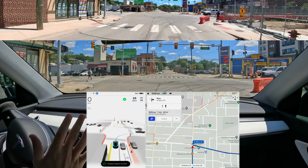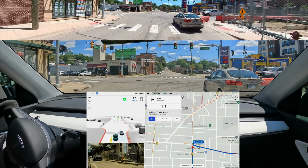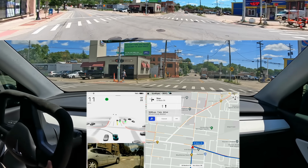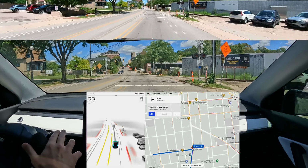I'm going to keep letting it do its thing, but this is obviously... Oh, no, it's got right back on. Let's see. We have the right signal on. And no, there's somebody there. So I have to now take over. Yeah, and they honk at us because they're like, what are you doing, dude? Why is your right signal on? So these are the kind of things like...